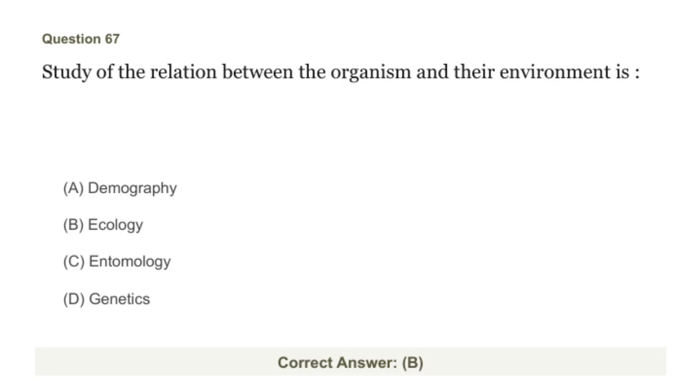Let's look at this question about the study of the relationship between organisms and their environment. The correct answer here is B, ecology. Now, ecology is a fascinating field because it helps us understand how living things interact with each other and with their surroundings. It covers everything from small-scale interactions, like how a bee pollinates a flower, to large-scale processes like climate